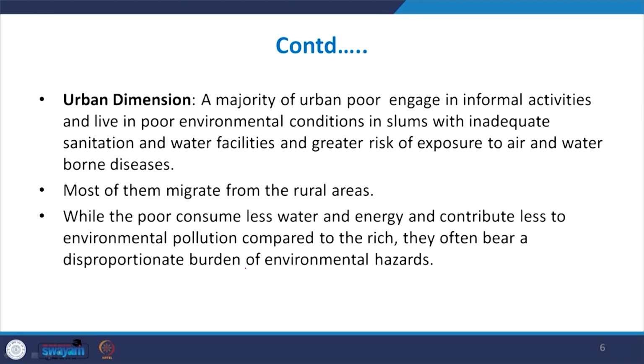And most of these poor urban people migrate from the rural area. If rural condition is in distress, people migrate to the urban area in search of better livelihood options,